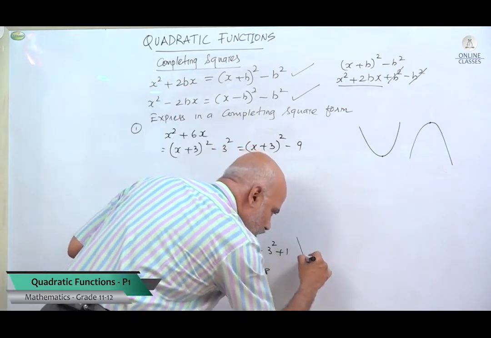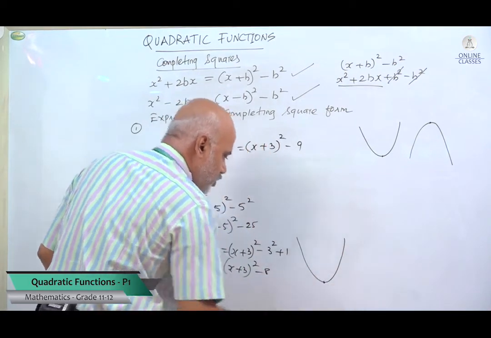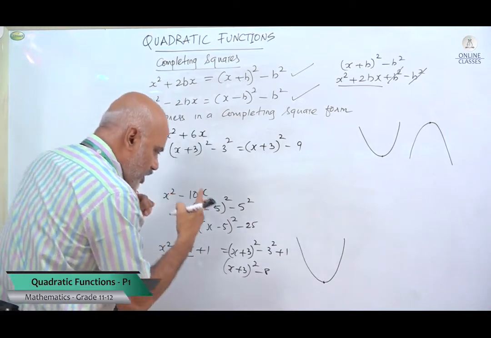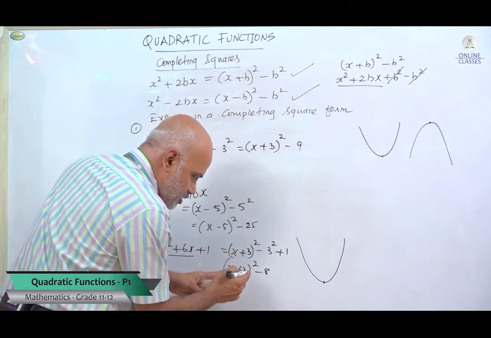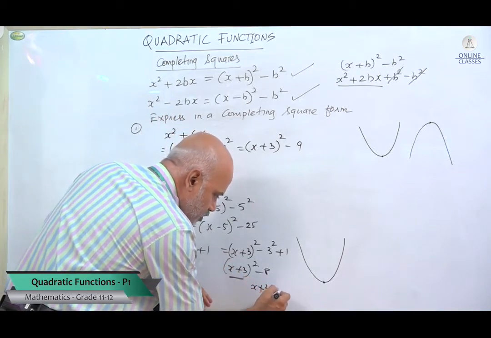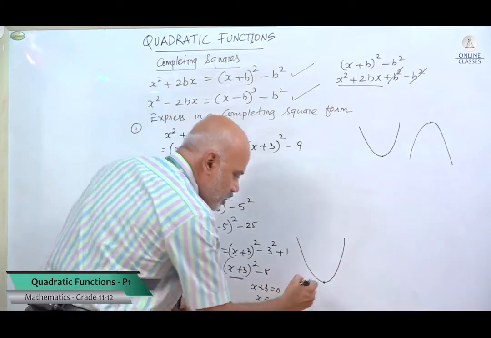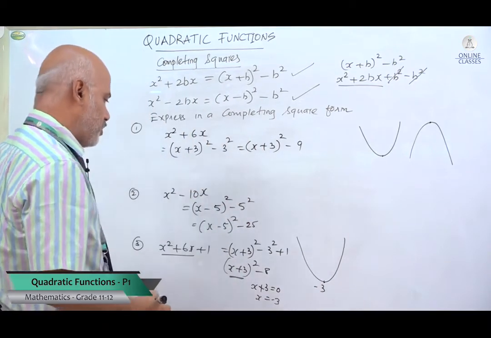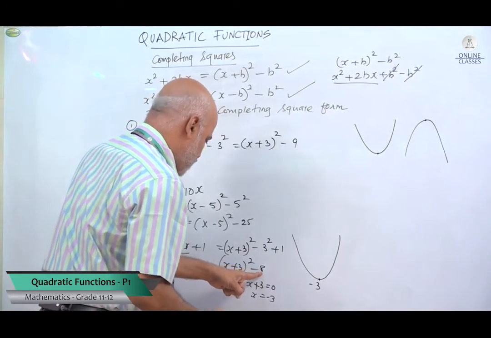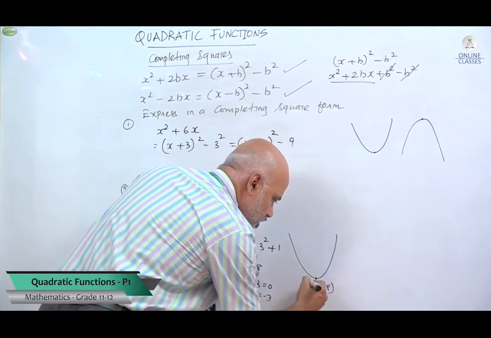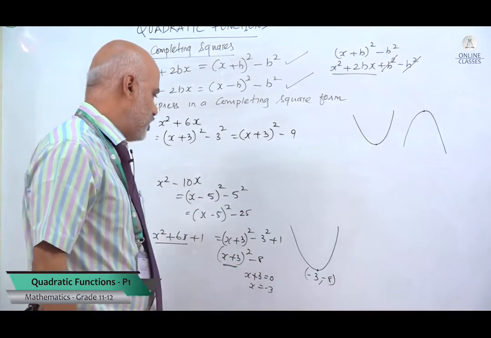So in that case, what happens? If I try to draw the graph like this, I'm not drawing the x and y axis just casually. I'm trying to concentrate on the turning point. What do you mean by that? See, whatever the values inside the bracket, what is it that you have? x plus 3. Equate x plus 3 equal to 0. So you will get x is equal to minus 3, which means the x coordinate of the turning point is minus 3, and whatever the value outside, which is your y value, that means minus 8. So in this graph, the minimum turning point is minus 3, minus 8.